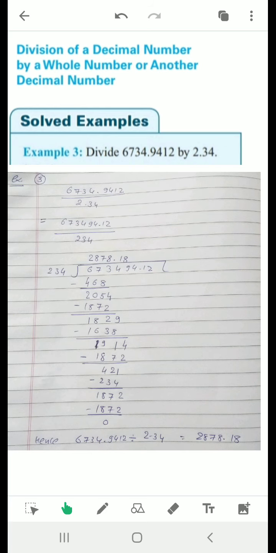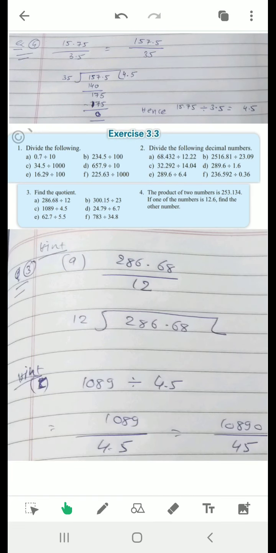Again I will explain once more. Count the number of decimal places in the numerator and denominator both. Here in the numerator, the number of decimal places is 4. In the denominator, the number of decimal places is 2. Then subtract 4 minus 2, that will be 2. In the numerator, decimal places are more. So now the decimal will be placed after 2 digits, and then we simply divide. Understood?